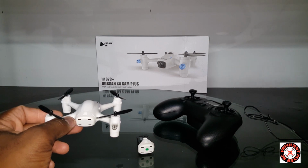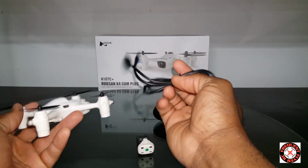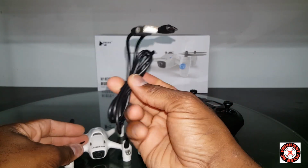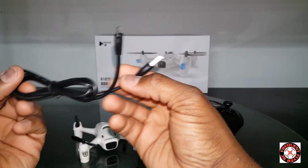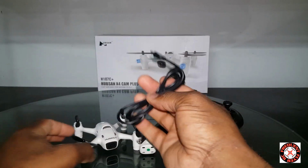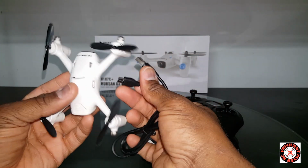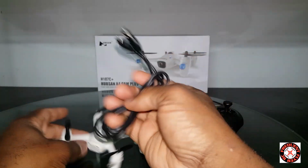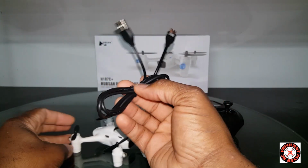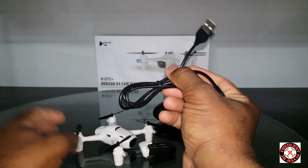Now, another positive about that is this. It has a micro USB charging cable. Now, this is the same cable that goes into a smartphone. People might overlook that, but I'm thinking that this should be more than just a charging cable. This is actually capable of data transfer, so I'm hoping that